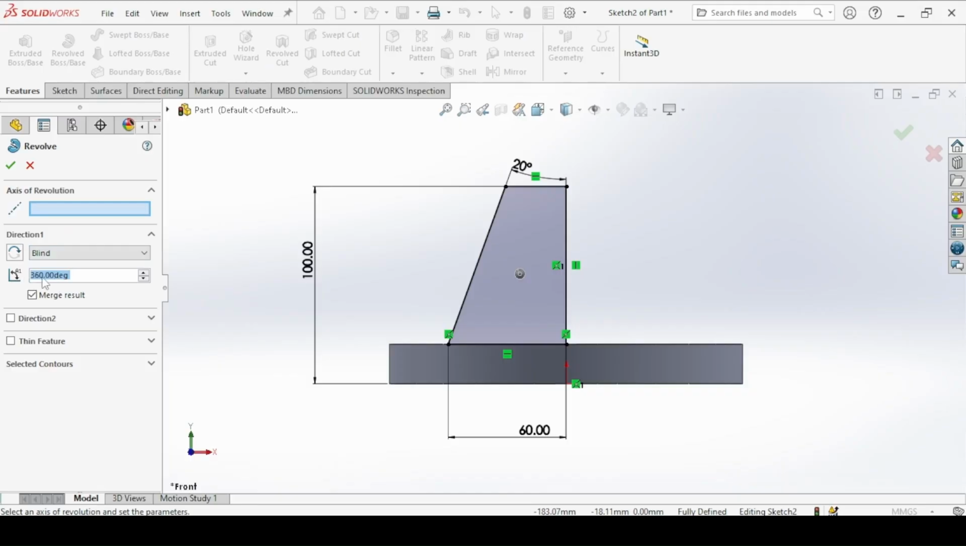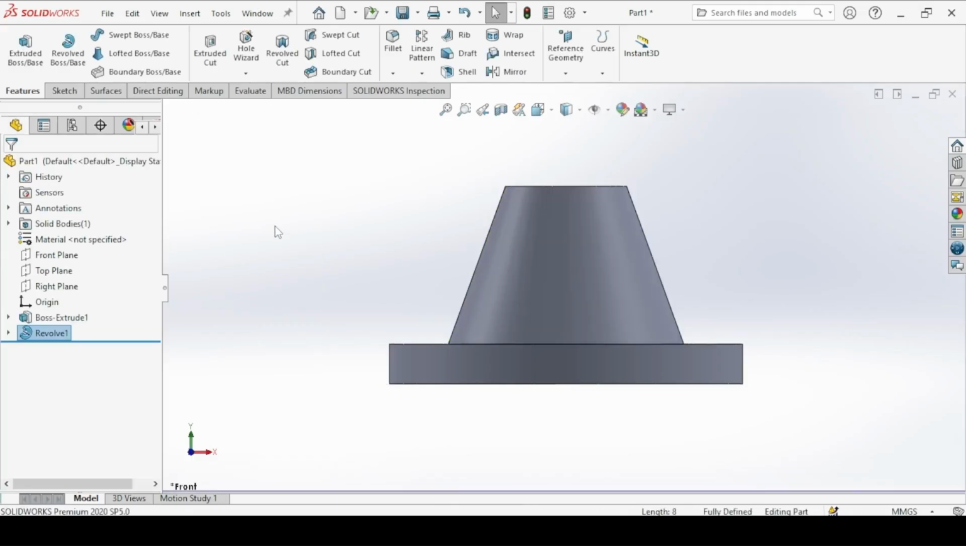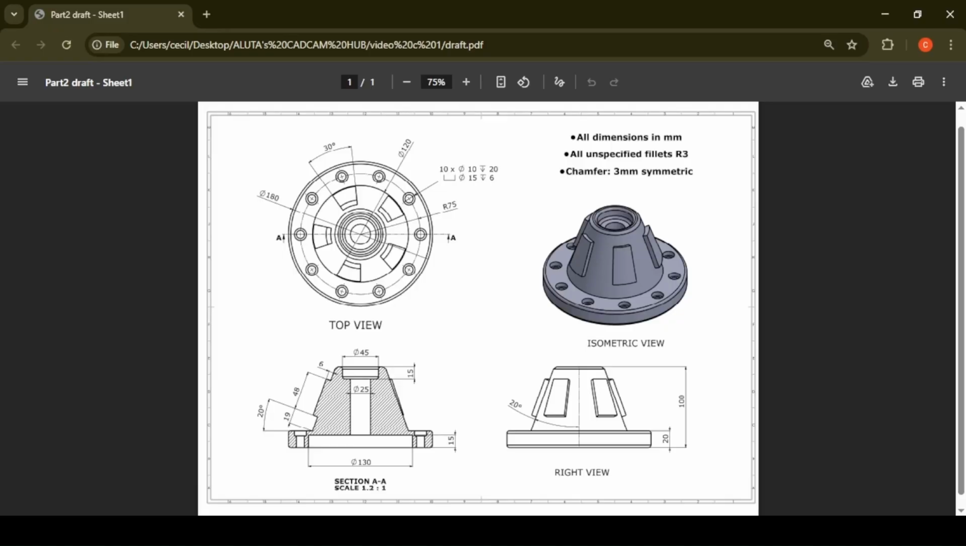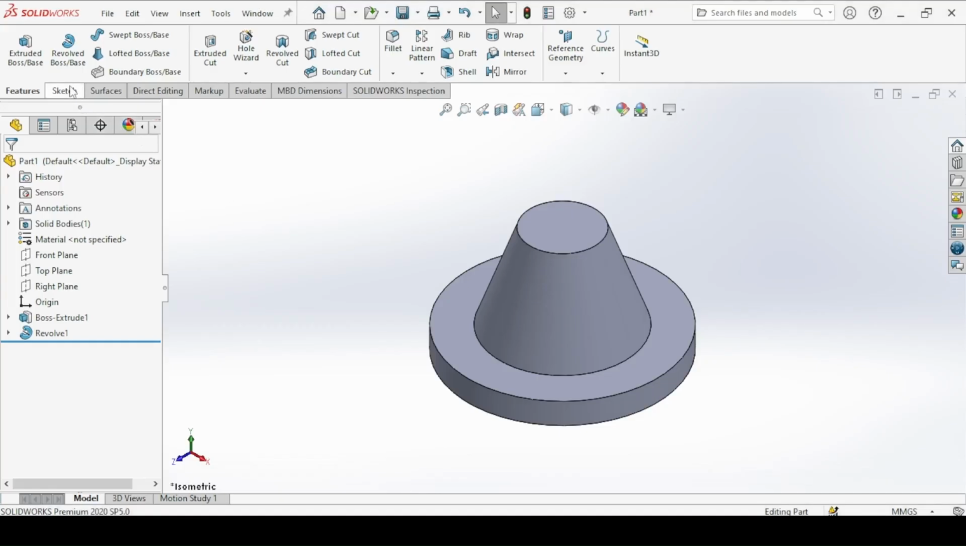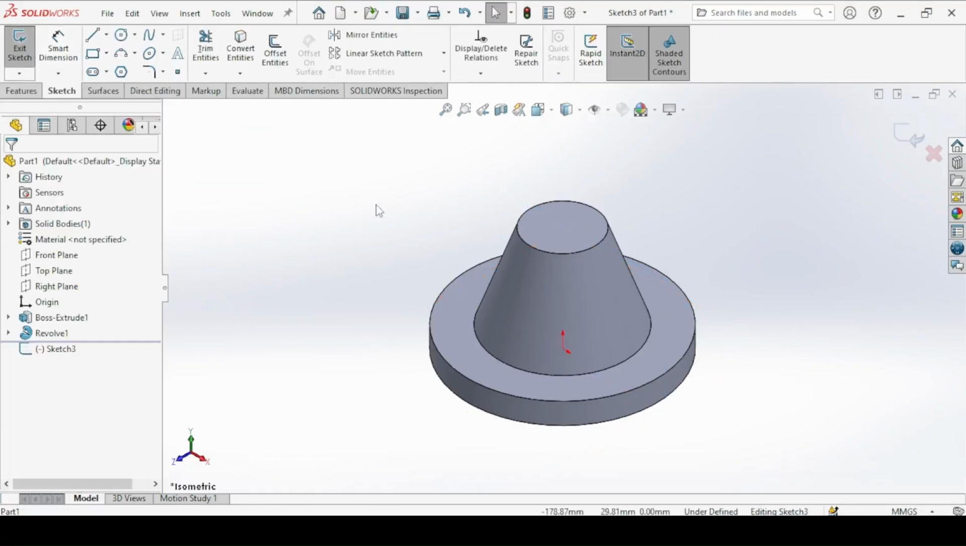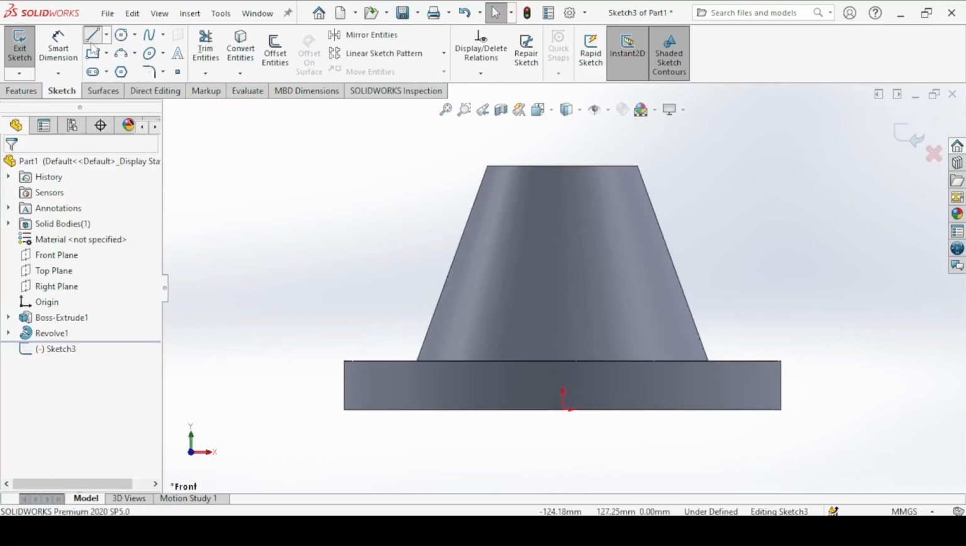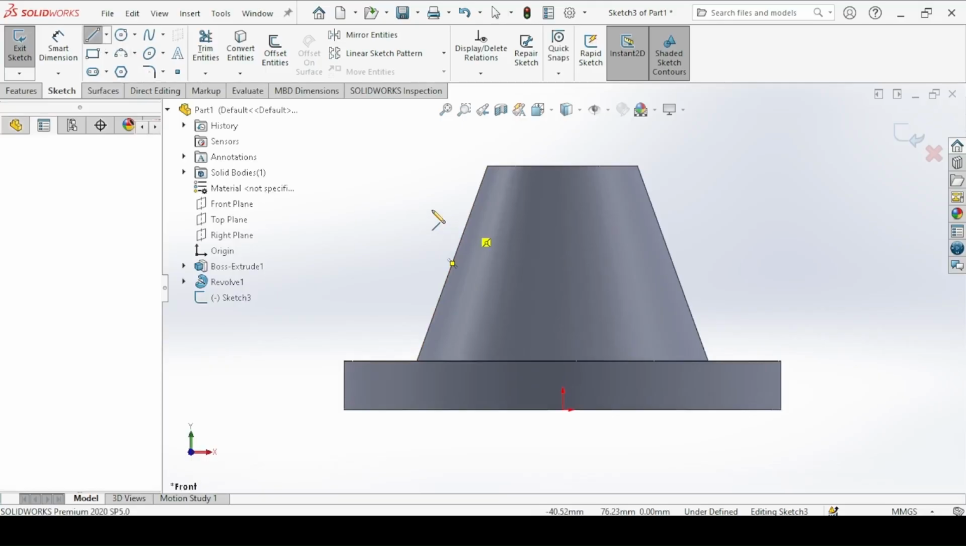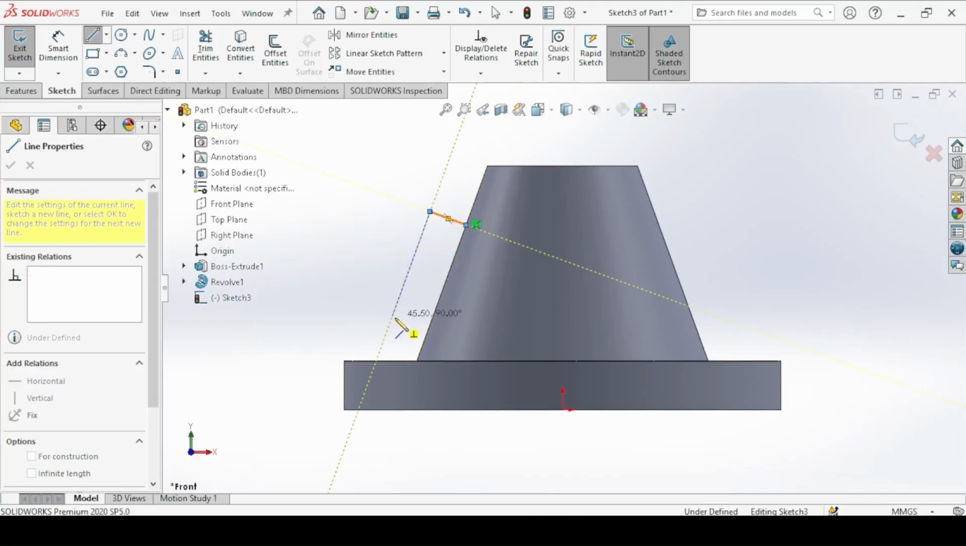Make sure the angle is 360 degrees and the axis of revolution, just click on this vertical line. Merge results. Okay. Next we add these extensions. So again, sketch on the front plane. Sketch the rectangle which is inclined